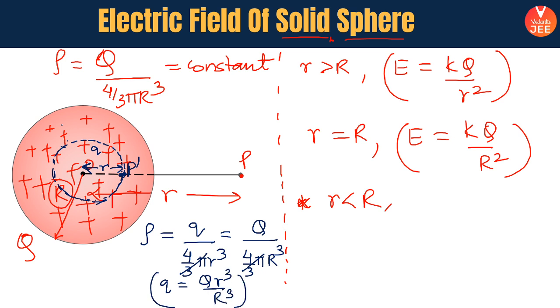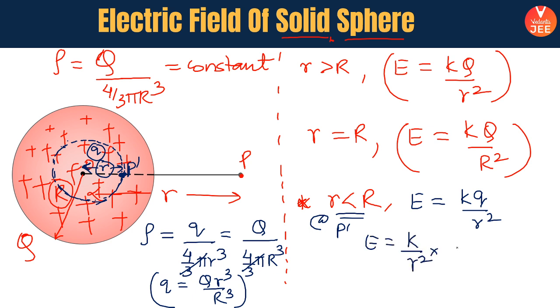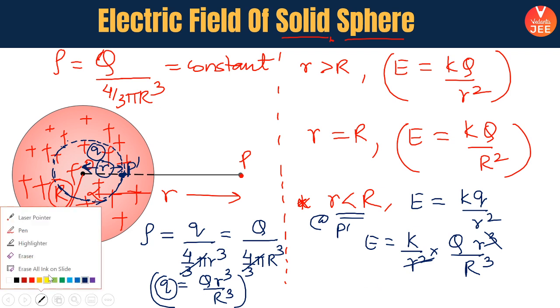Okay. So now, considering this very small sphere whose charge is small q, has a radius r, and point P dash is at the surface, that is where we are interested in finding the electric field. So I'll say that the electric field at that point P dash is k small q by the radius square, that is r square. Now let's put the value of small q. Small q is capital Q r cube by capital R cube. I have replaced this. So this r square cancels r square from here,